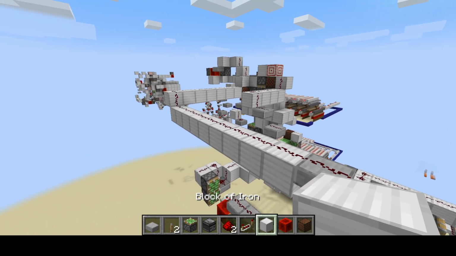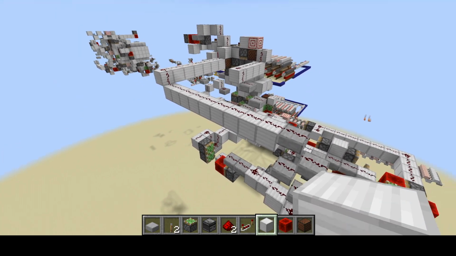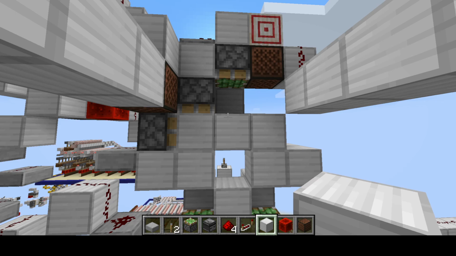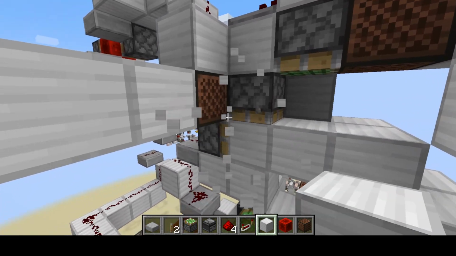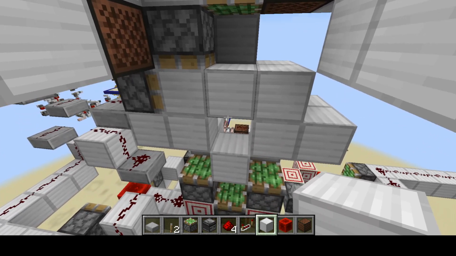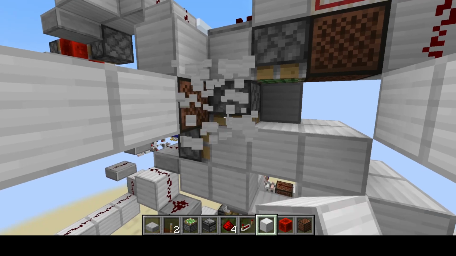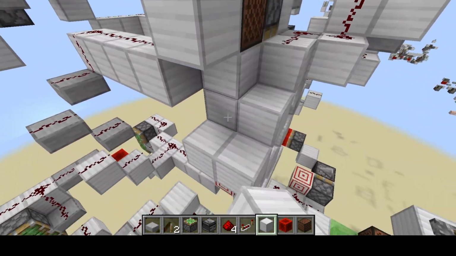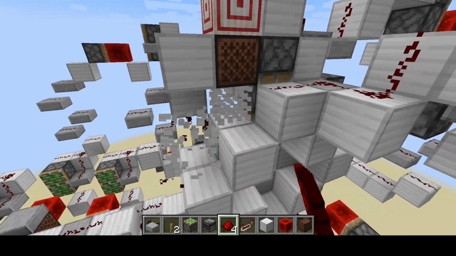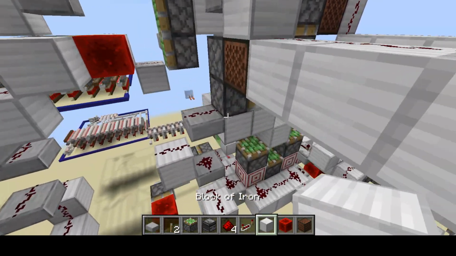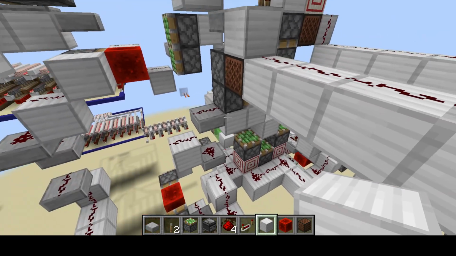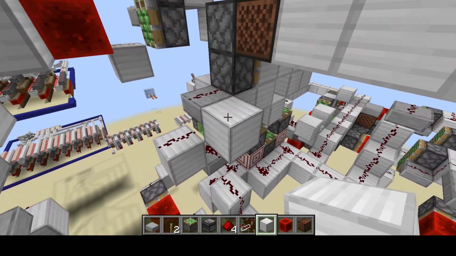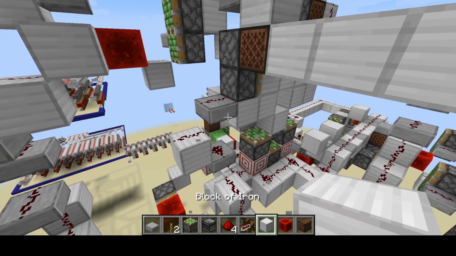Not enough signal strength, so I'm just gonna build a redstone repeater, 0-tick repeater. You know what's gonna be really annoying? Getting signals to this piston and this piston without getting into the doorway area, especially this piston, because this will have to be powered right here, which is actually not gonna be that bad. So yeah, okay, I think I can do that, and then I'll power right here with,